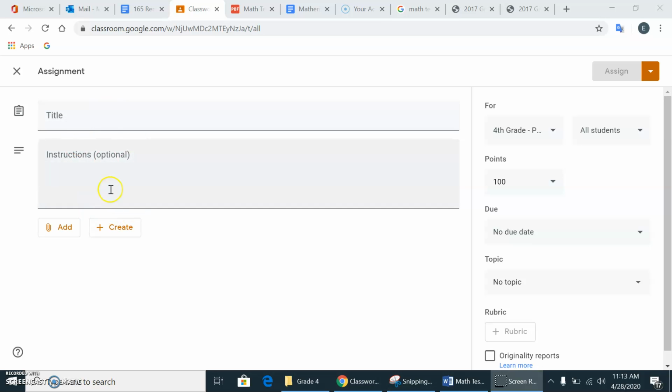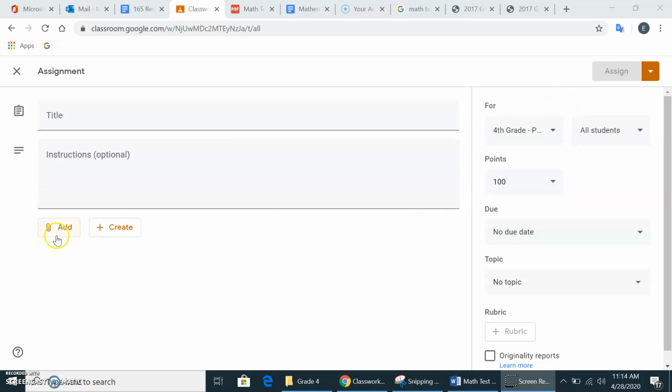But you will not be going to a window like this. You will go to your window. For the student version, it's different. It will be somewhere up here where I'm circling, where I'm moving my cursor. So what you will want to do is click on add or create up here. Okay, and here's what's happening. For the teacher version of this, my stuff is down here, but I'm saying that it's going to be up here where you do the turning in. Above turn in, they will have